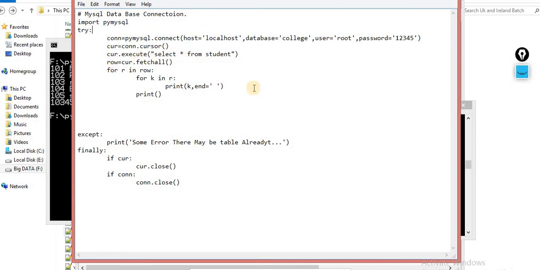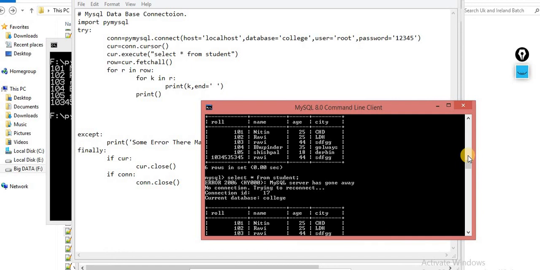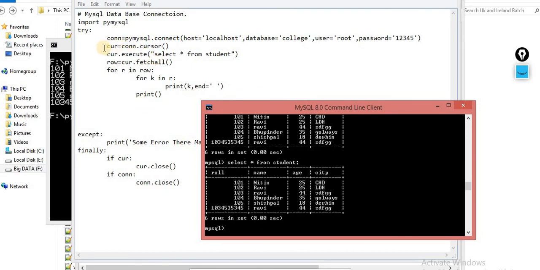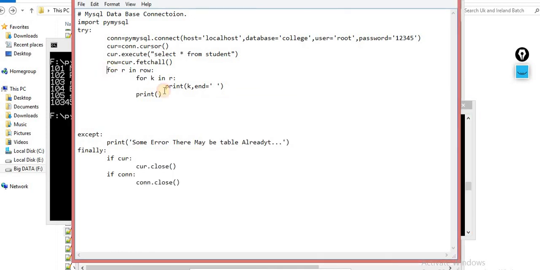So same query, the same query which I executed over here: select star from student. Select star from student means that I am getting all the data. So with the help of execution, I read all the data, but at the time of printing, if you want to fetch all data, it will display the entire data. This is the same logic that we already did in the case of the string, when you represent the data in rows and columns.